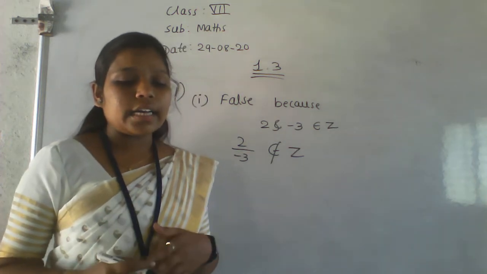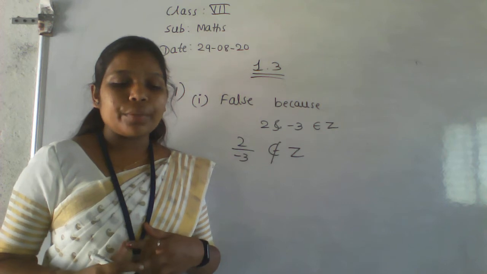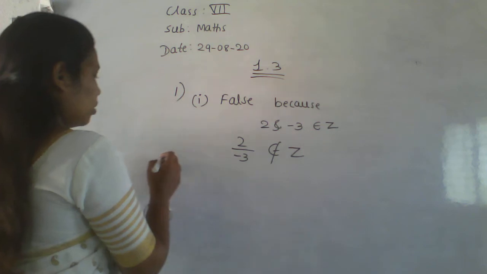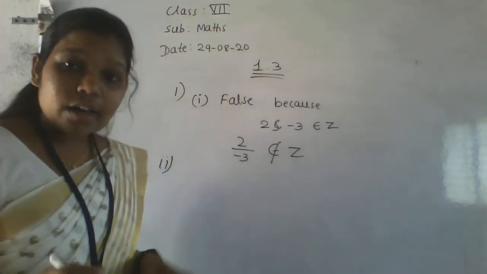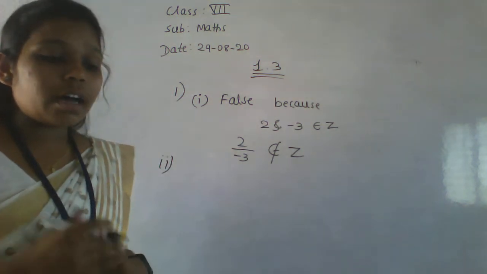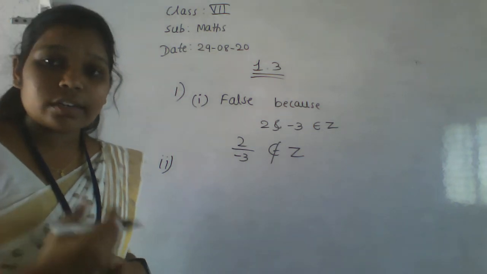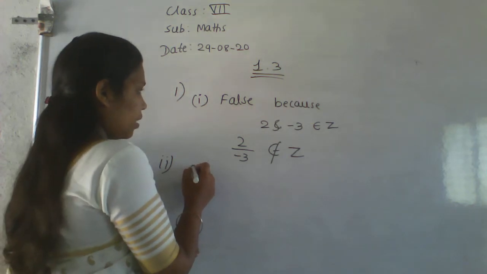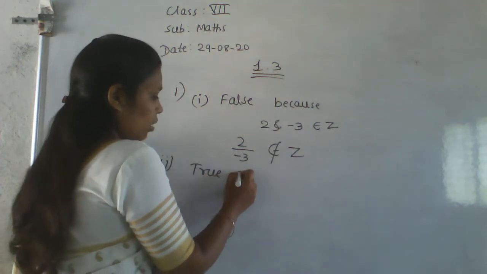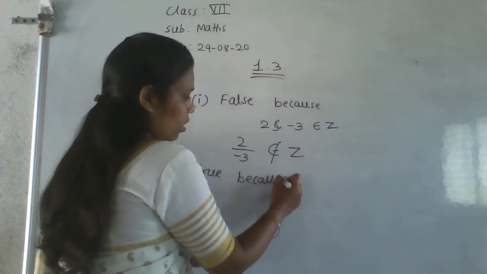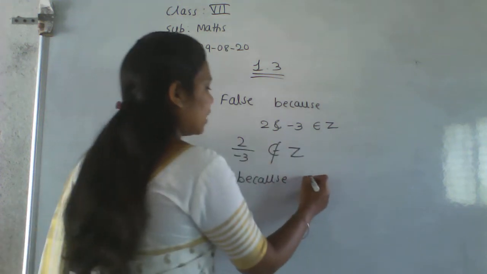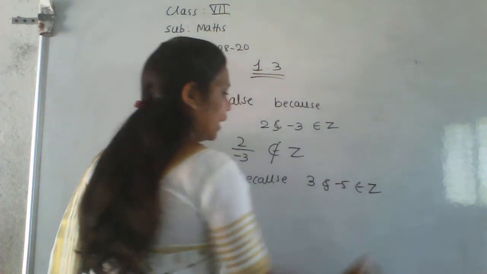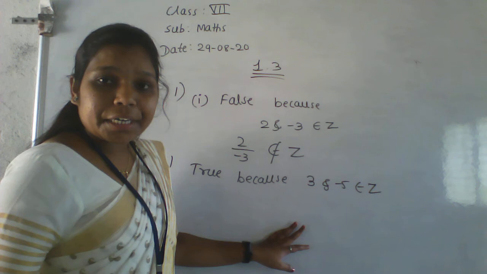That is, the collection of integers is commutative under the multiplication. Yes, if we see here, the collection of integers is commutative under the multiplication, they are saying. Okay. So it is a true statement here, because take any two integers, 3 and minus 5, which belong to integers. They told commutative property.